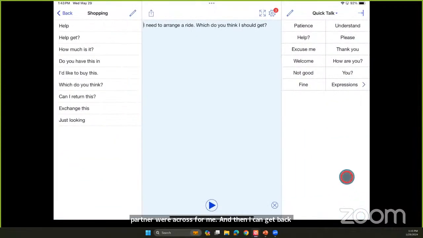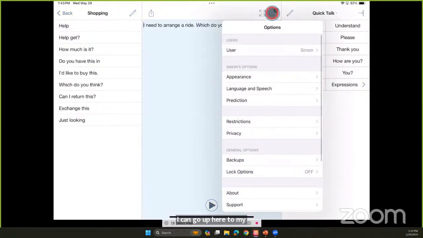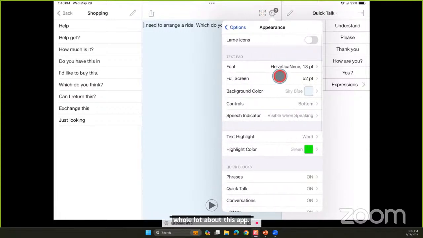The nice thing about this app is it does have these quick blocks, but if some of these are not useful for you or you want them to be different, I can go up here to my settings. And I can change a whole lot about this app. So if I go into appearance, maybe I want larger icons, things like that.